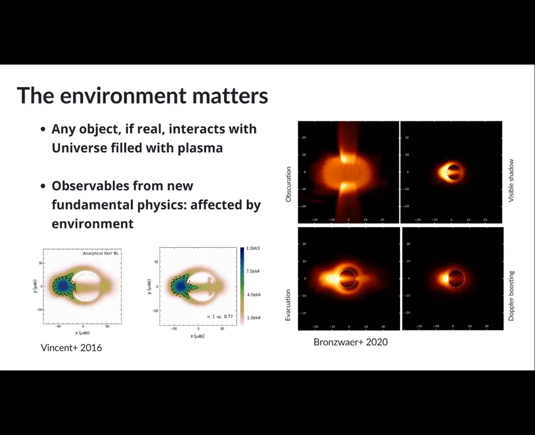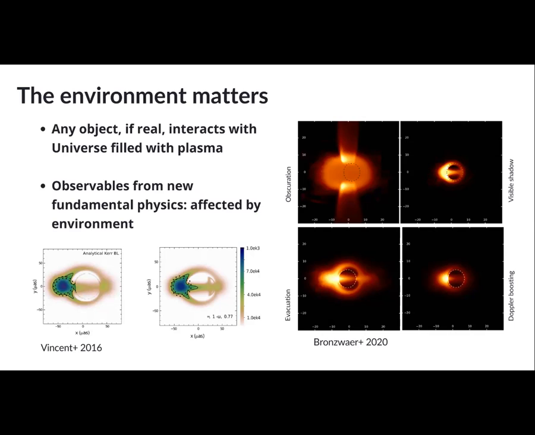In this case, there is so much Doppler boosting that one of the sides of the image is very bright, and when seen at limited resolution, this will not be seen as a ring, but just as a bright spot. And finally, there is this case in which the central brightness, the precious, has a size that is comparable with the size of the black hole shadow predicted by general relativity.